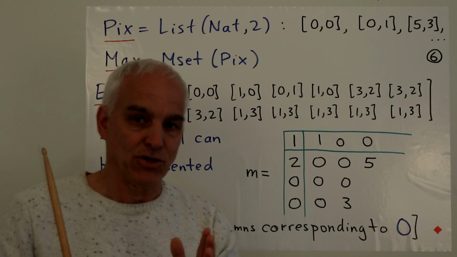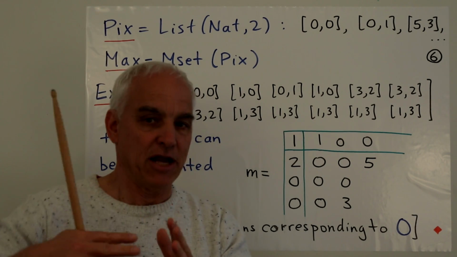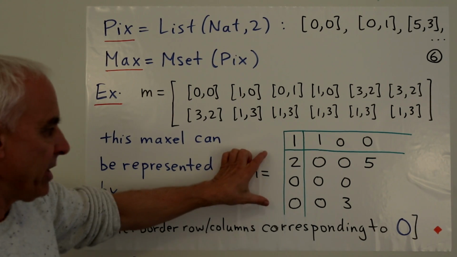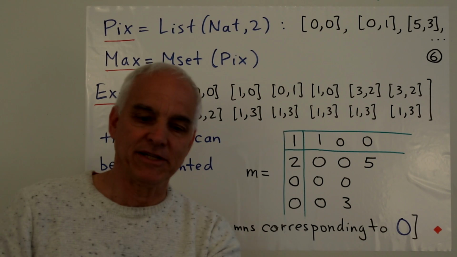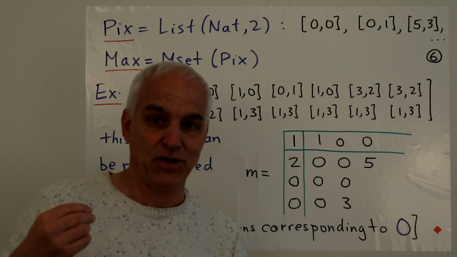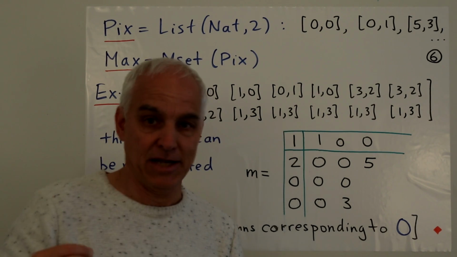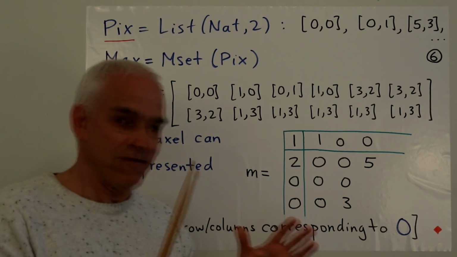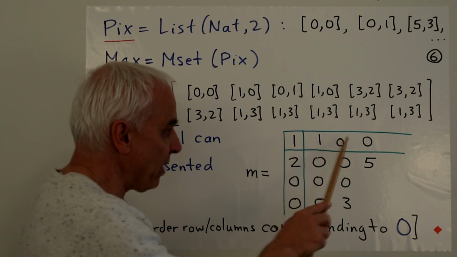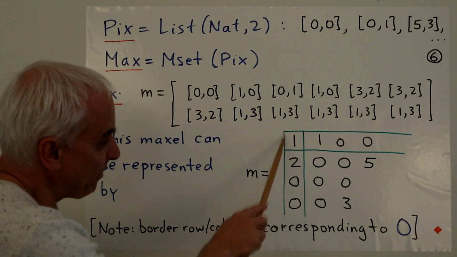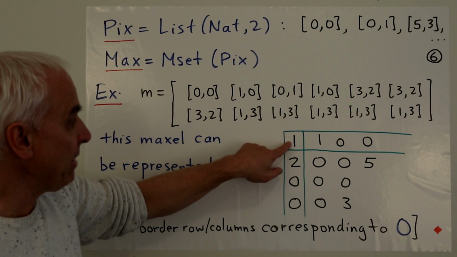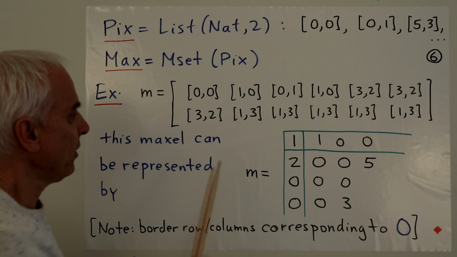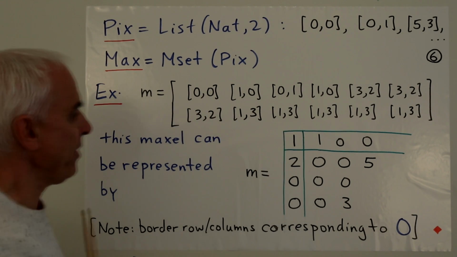represent this maxil in a more familiar matrix kind of formulation by drawing a two-dimensional picture of it. This is going to be a little bit of a departure from what we did previously because we have to take into consideration that we now have 0 as a possible index. Which is great, a great development. So this top entry here is telling us how many pixels of the kind 0, 0 there are in our maxil. There's just one of these, so that's why we have a 1 there.